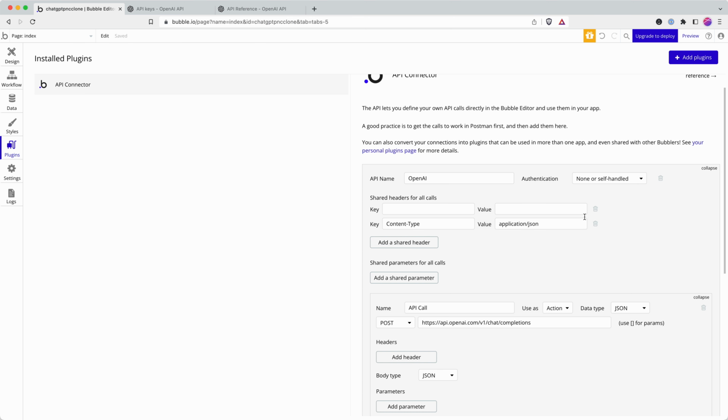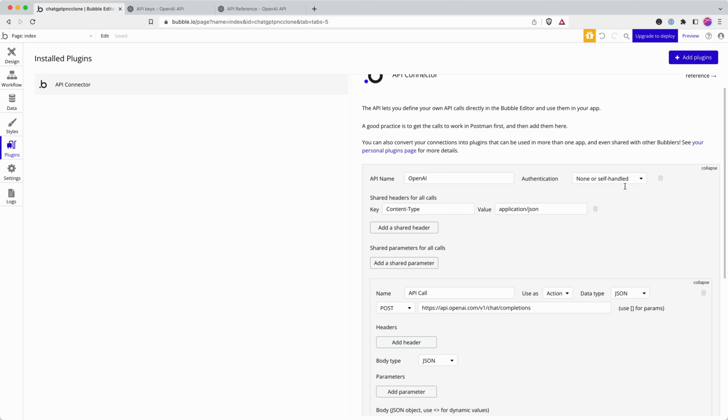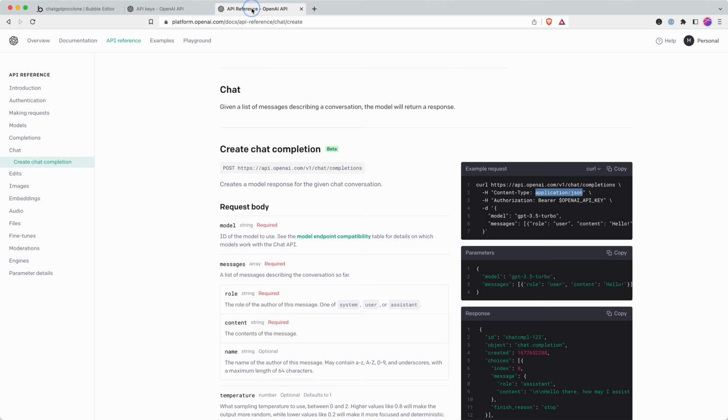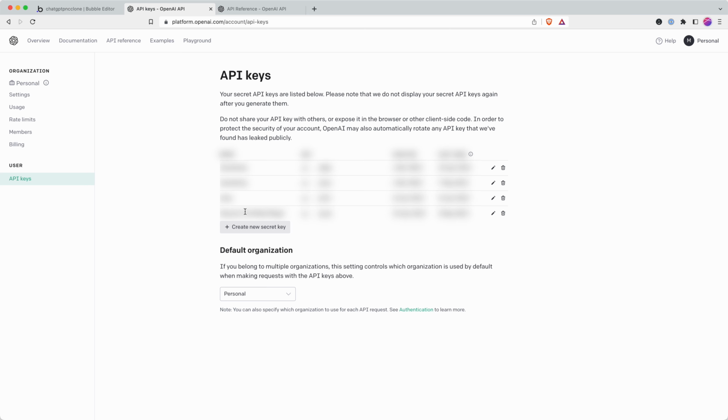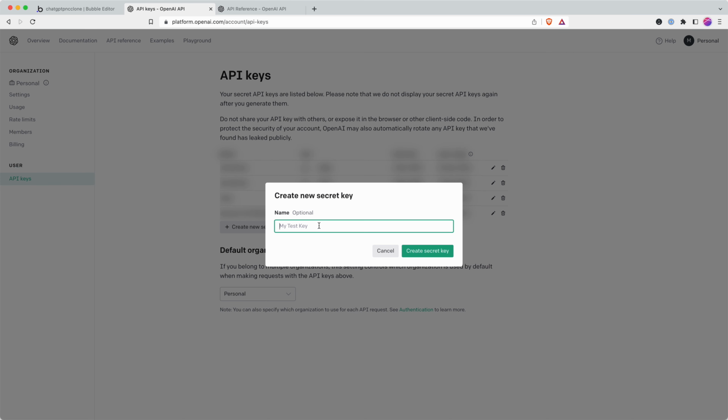And there's one more, and I'm actually going to include that in here, which is private key in header. And so we can see we have authorization, then bearer and a space, and then our API key. So I will type in here bearer, and then I'm going to go into API keys and create a new key. I'll call this